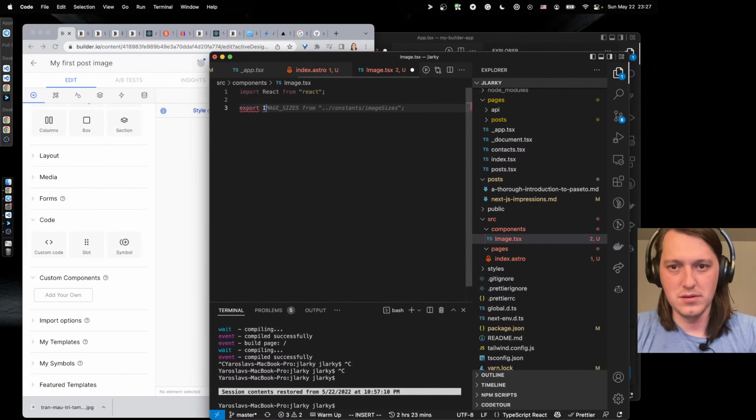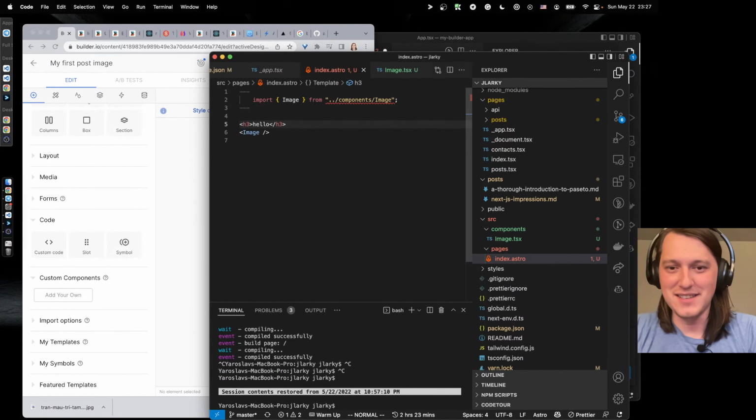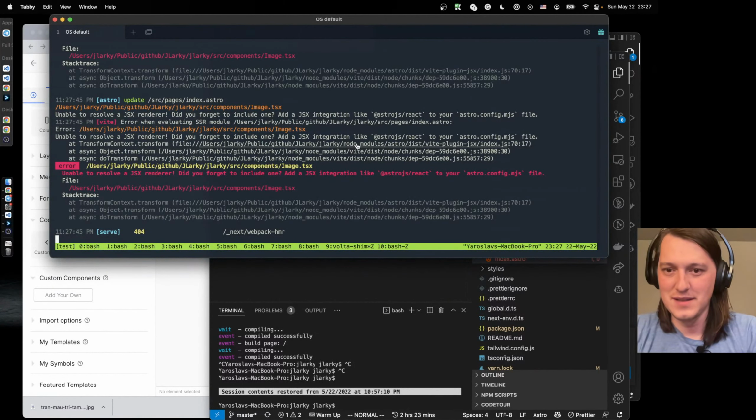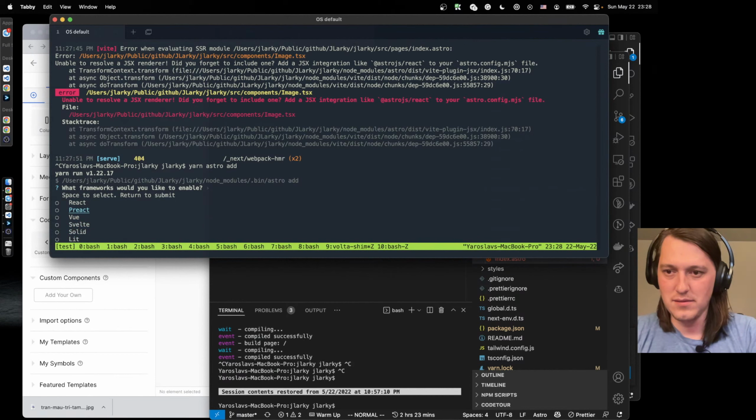So export const image. I don't know. Copilot strikes again. So you need to add. So now let's yarn astro add, and let's do React.